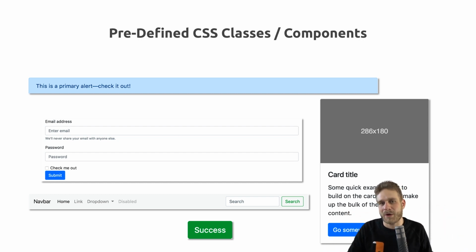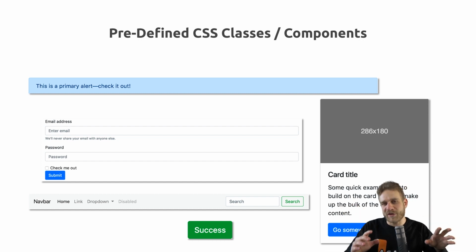For example, the nav bar. We can define the nav bar with a CSS class and then add a brand by nesting another element with another class on it. But these are all things we will see in this series. That is what I mean with components with predefined classes though. We can make HTML elements look like this by just adding the right CSS classes.